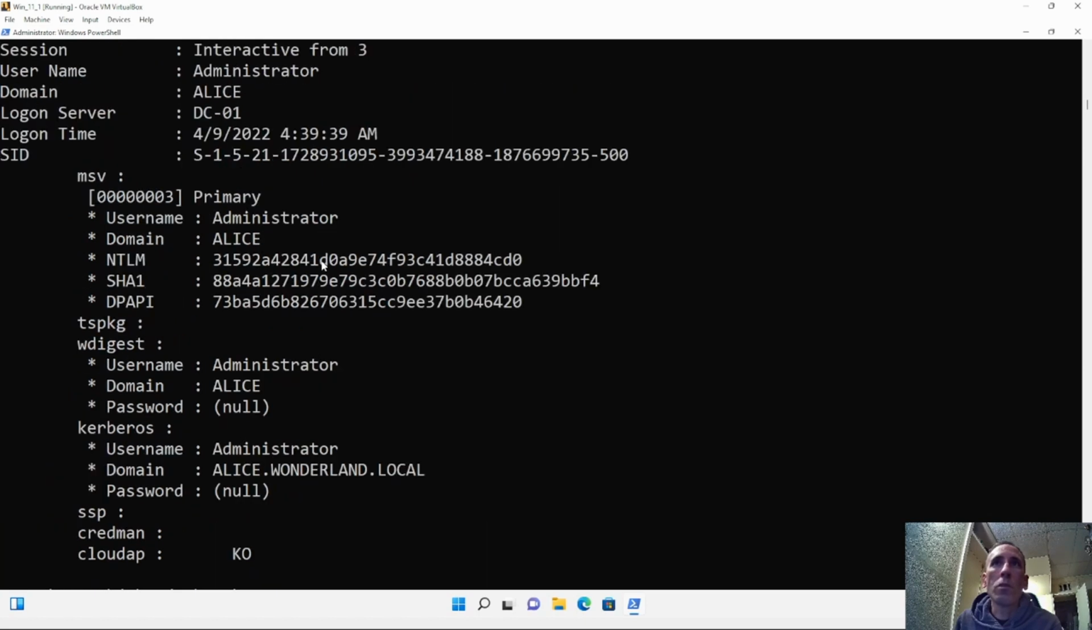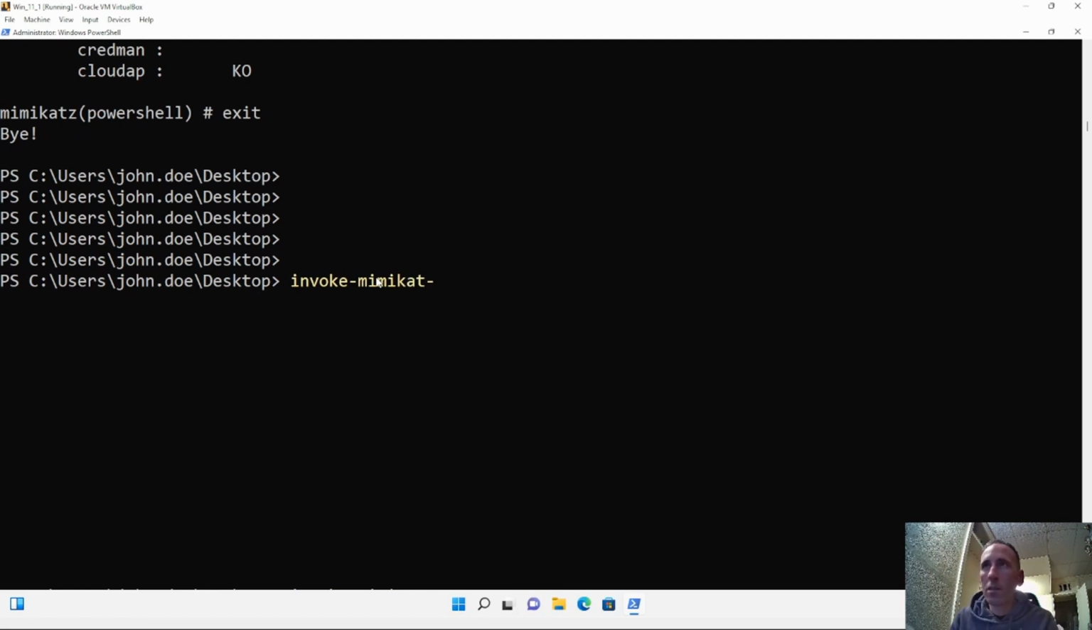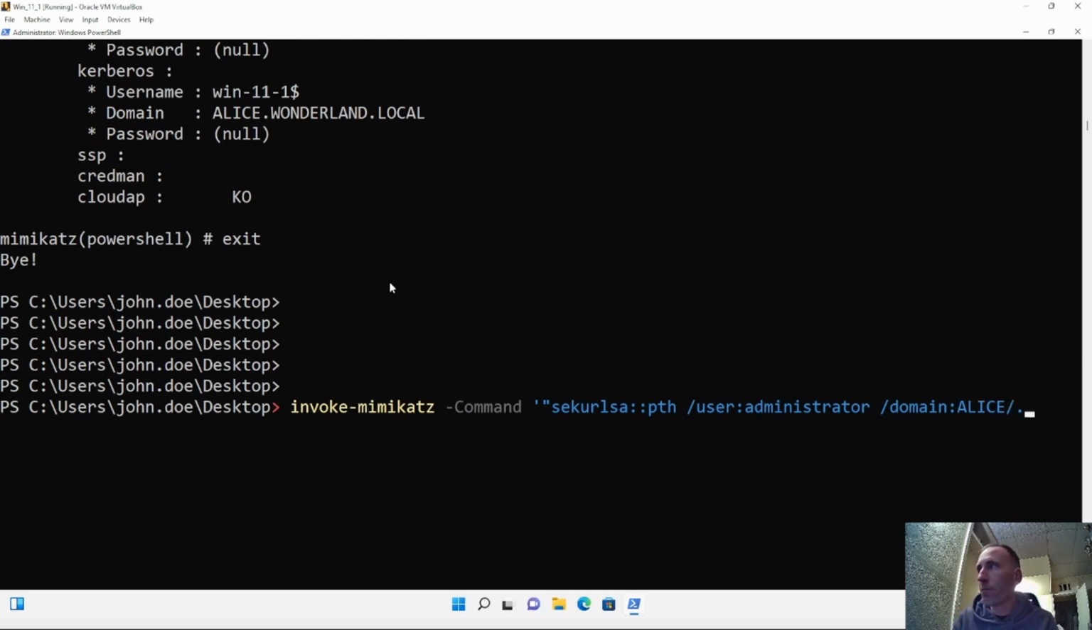Administrator, there we go. Okay, so now we have the NTLM password for administrator there. Okay, so let's go ahead and do an Invoke-Mimikatz. You can't see that. Invoke-Mimikatz, attack command. Sekurlsa::pth. User is going to be administrator, right? Domain is going to be alice.wonderland.local. NTLM, right, is going to be this guy, and we're going to run